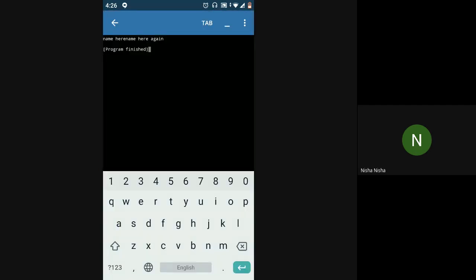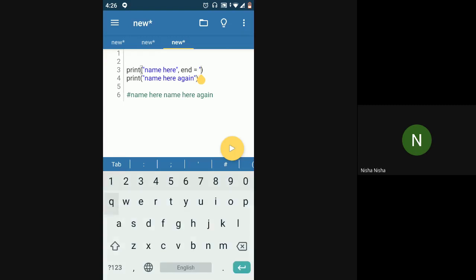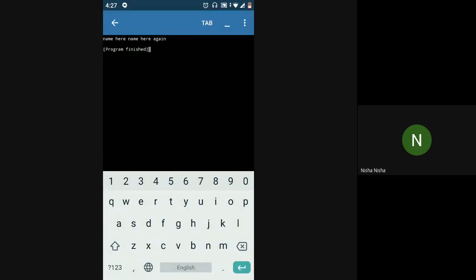If you want a space between both of them, you just have to give whatever character you want between the first and the second print statement. So if I say end is equal to a space character, it will print whatever is present in this print statement, and it will place a space, because you have specified a space in this end parameter, and then whatever is the next print statement, it will print that.